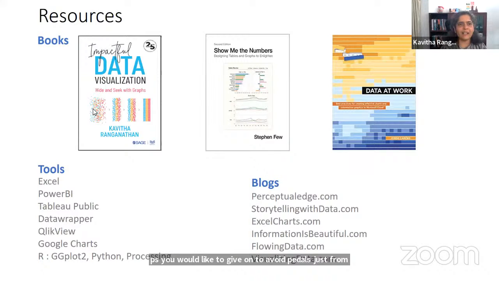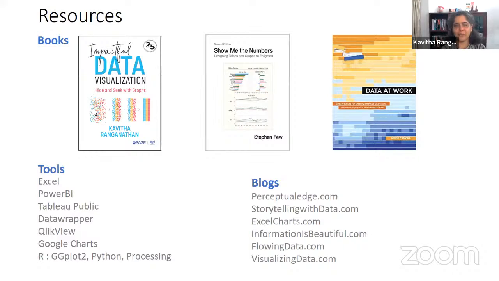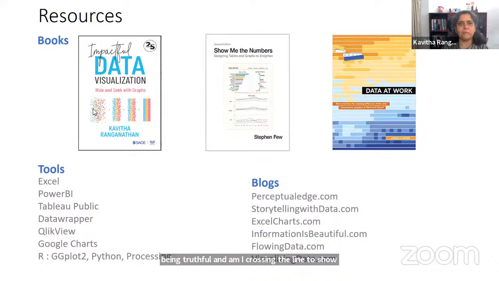So essentially, if we are the presenter, if we are creating the graph, somewhere in our mind, we know what the truth is, right? We know the data that we're presenting and what the data should convey, but there's always this litmus test: am I being truthful, or am I crossing the line to show something that is not there in the data? That bit is up to the individual, in terms of whether I want to be truthful to the data or not. Sometimes, of course, it happens unknowingly, but many a time it is knowingly as well.